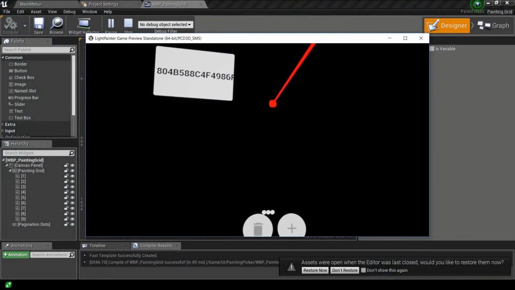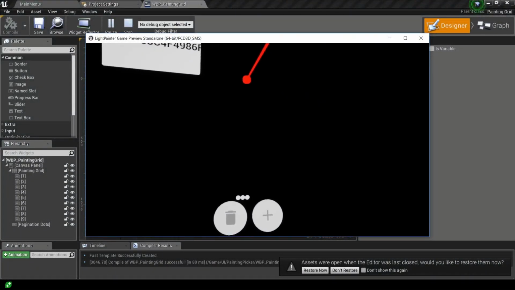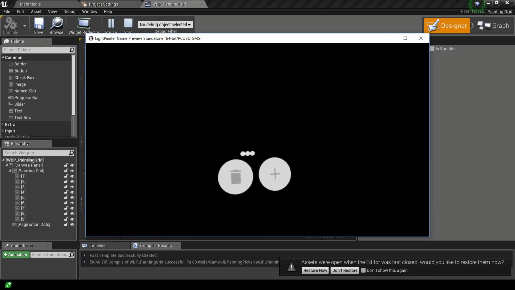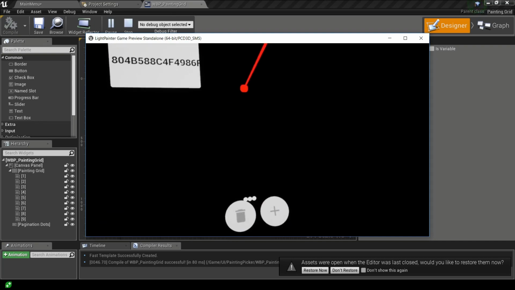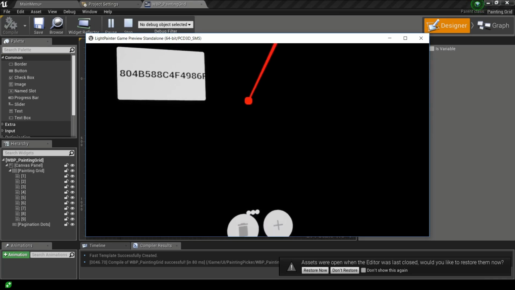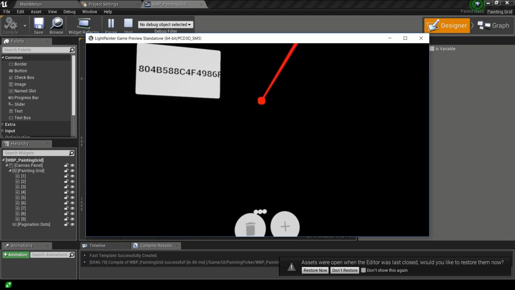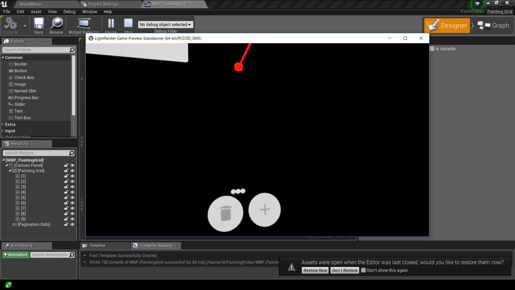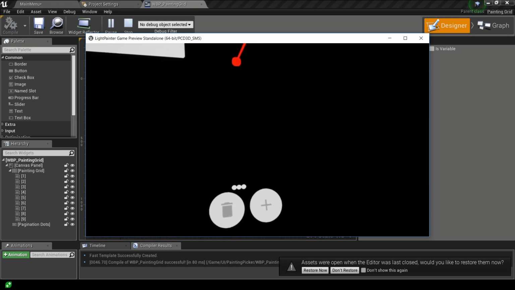Hello and welcome. In this lecture we're going to be looking at how these three dots down there are going to be spawned dynamically in code and how we're going to add them in to the horizontal box. Now this is going to be largely a revision lecture, so you can whip through it really quickly to get to the next lecture, which will tell you more about how these slots can actually be padded out from C++